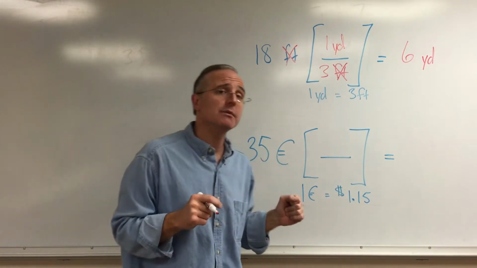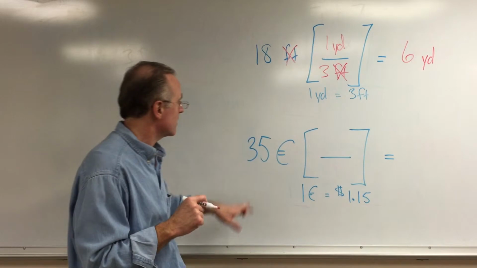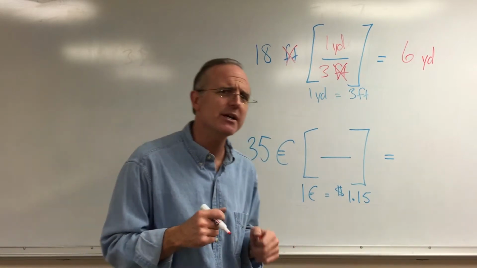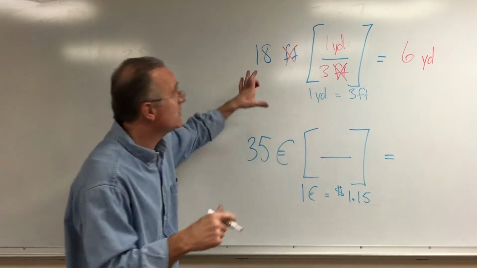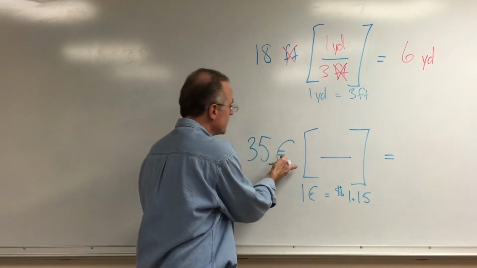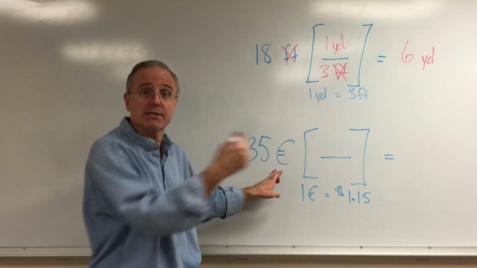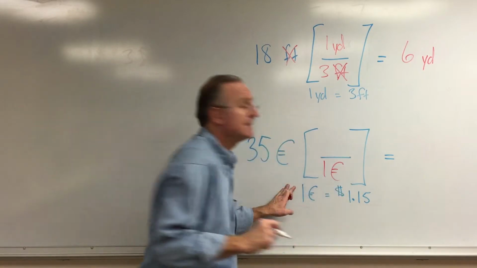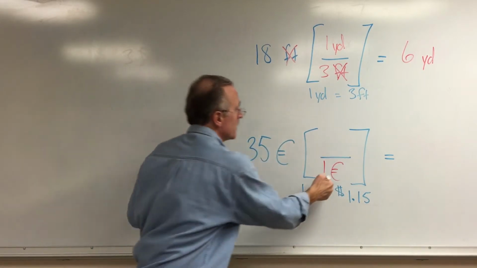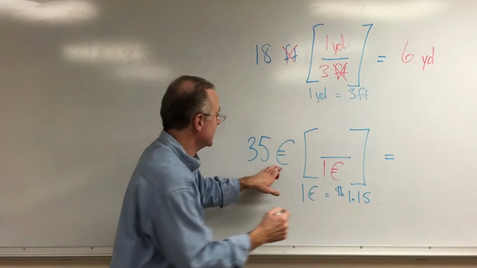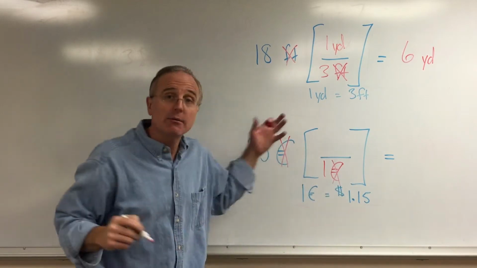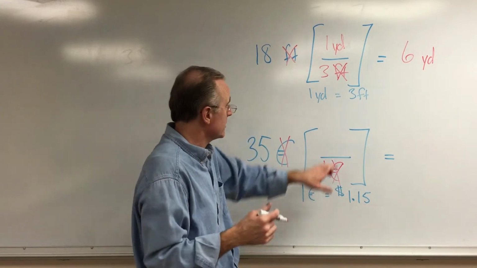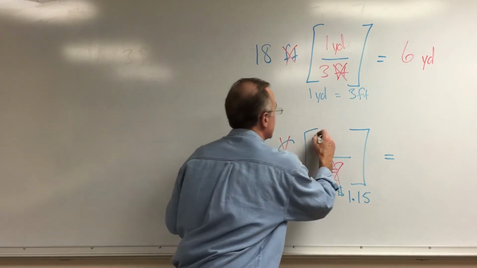So what if I'm in Germany shopping and I want to buy something that costs 35 euros? How much is that in dollars? I'm not really familiar with dollars and euros, but I can do the same thing. 35 euros has euros in it, and they're upstairs. So I'm going to make a fraction. I'm going to put the 1 euro downstairs. Now, I did that on purpose. The 1 euro has to go downstairs to cancel the euro upstairs. And I can't just throw the $1.15 away. It's got to go somewhere, and there's only one place left, upstairs. So I'll put